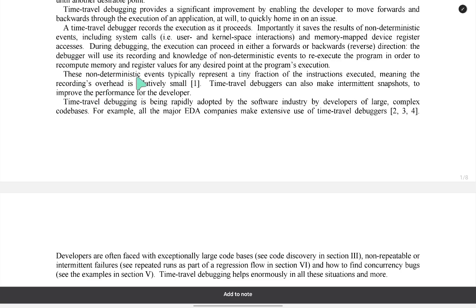These non-deterministic events typically represent a tiny fraction of the instructions executed, meaning the recording of the execution is relatively small. And time travel debuggers can also make intermediate snapshots to improve performance for the developer. Time travel debugging is being rapidly adopted in the software industry by developers of large and complex code bases. For example, all the major EDA companies make extensive use of